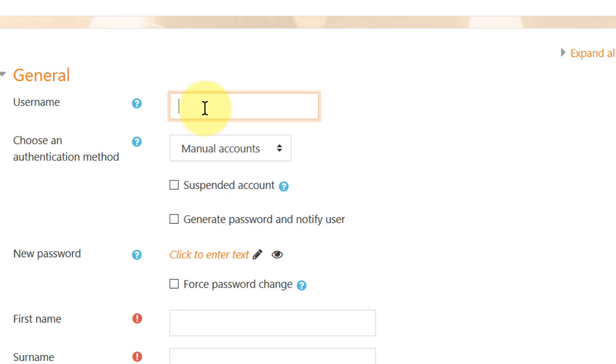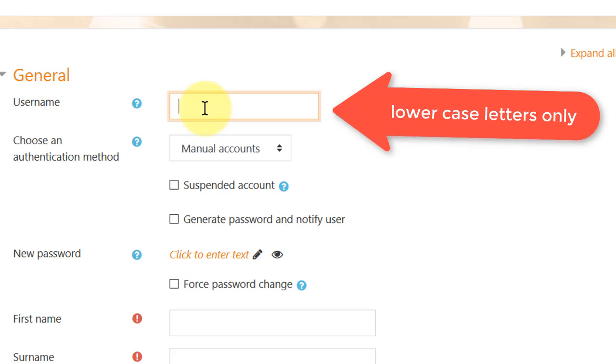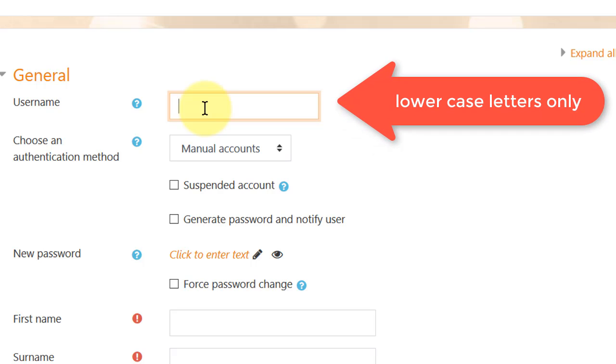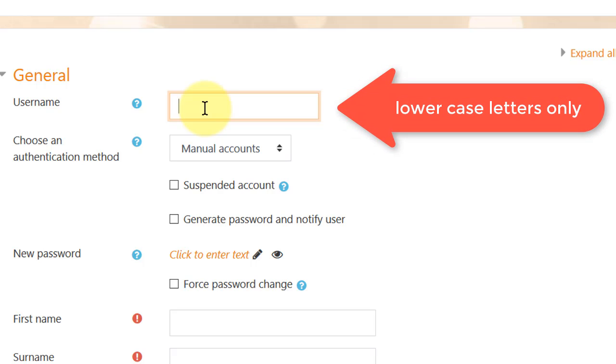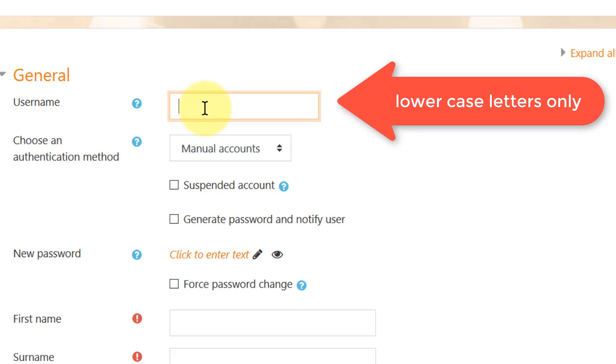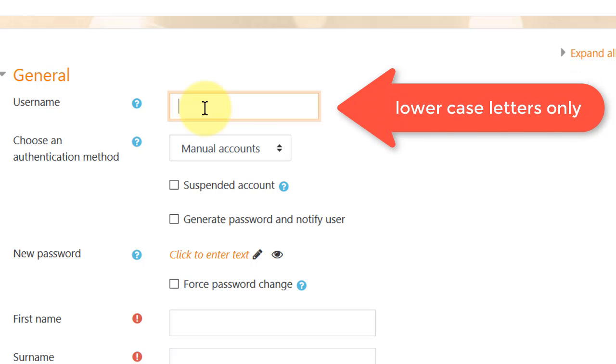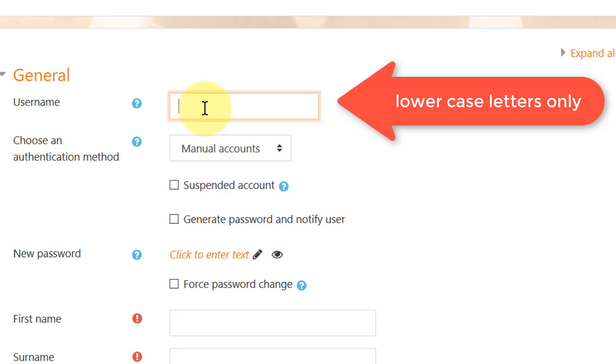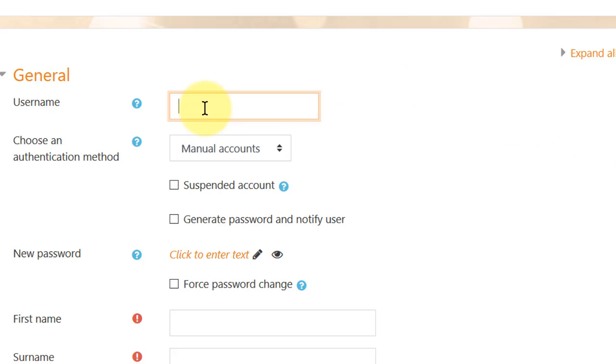So with the username, you have to use lowercase letters, and I tend to use the first 3 letters of their first name and the first 3 letters of their second name in order to make sure I don't repeat a username. So let's say the first user is Bob Dylan, so it would be Bob Dill,